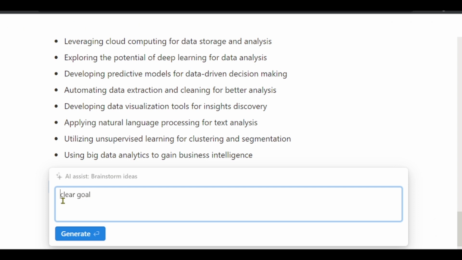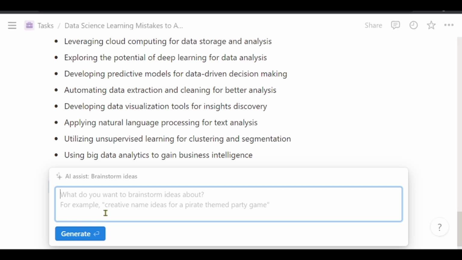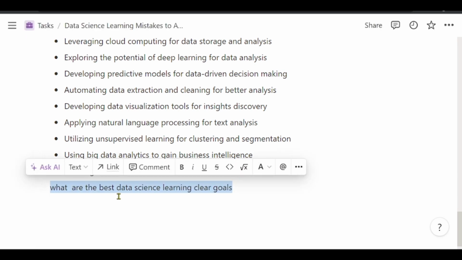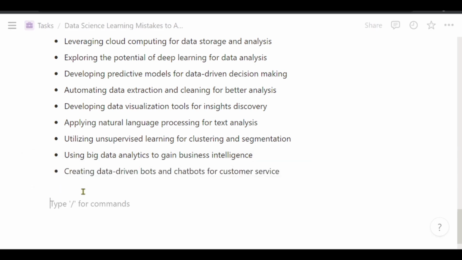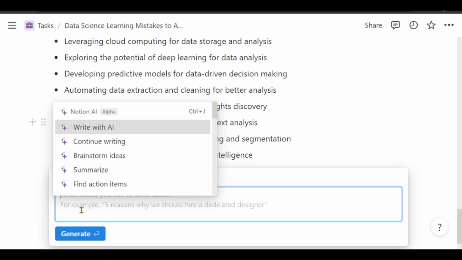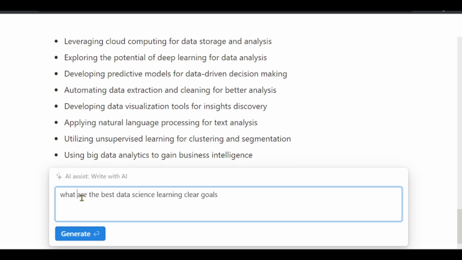Okay, we have lost that. Let us go back and see if we can get to, yeah. So let us write, what are the best data science learning goals.